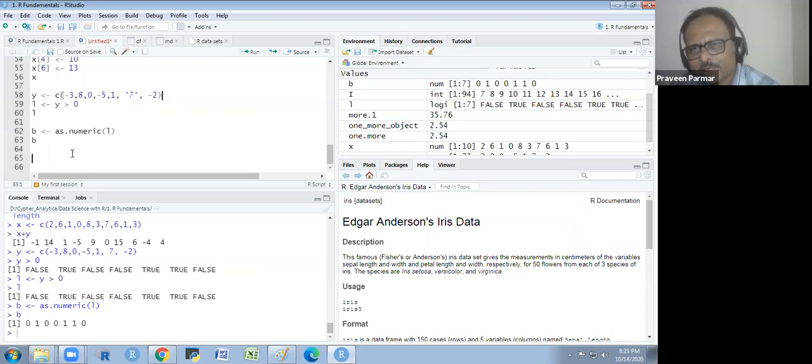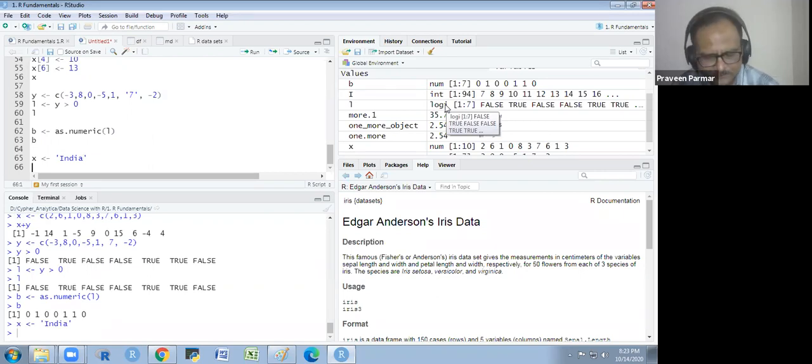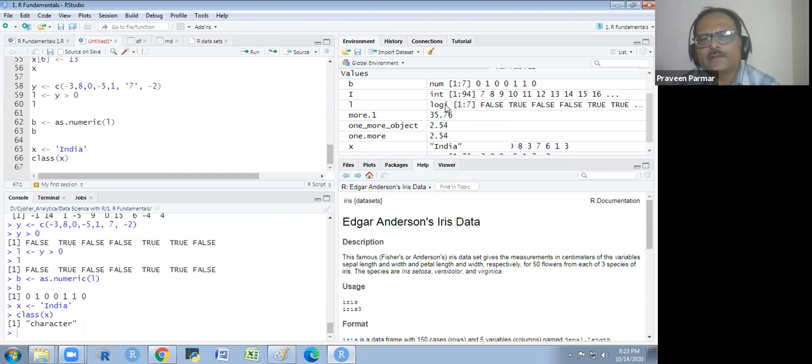If you have to create a character vector like X, you have to write India. So it is a character vector. If we see the class of this, it is a character. Character is in quotes. It may be either a single quote or a double quote, no problem. If you are making multiple